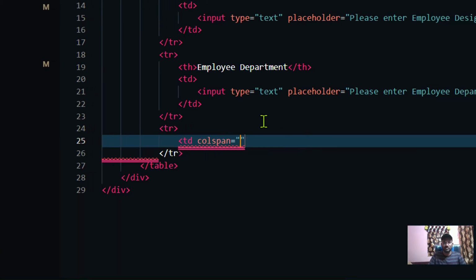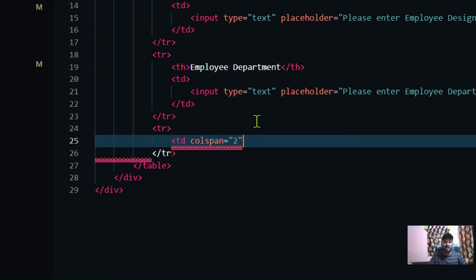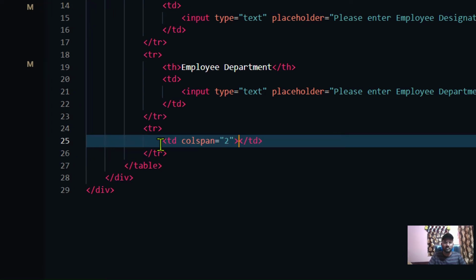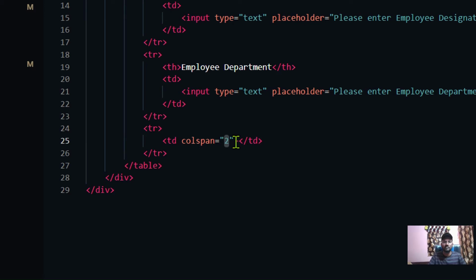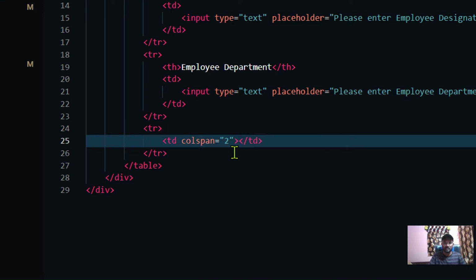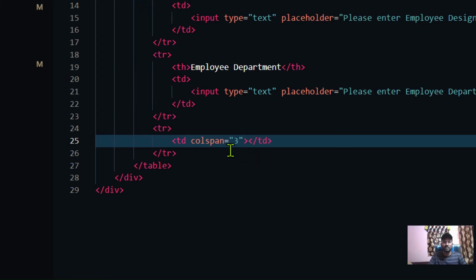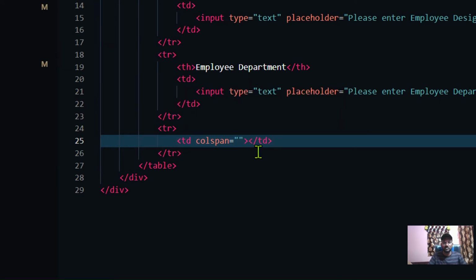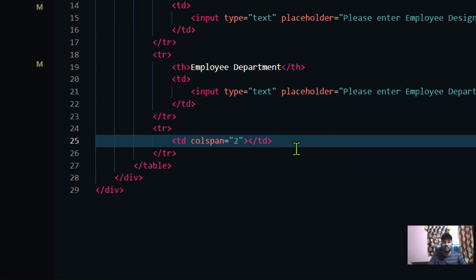colspan of 2. So colspan is a property that means this particular column is going to span the width of 2 columns, right? Whatever value you are providing, it is going to take space of that many columns. If there are 3 columns in your table and you write 3 here, then it is going to cover the entire width of the table, right? Since we only have 2 columns maximum in the table, I can specify only 2, the max value